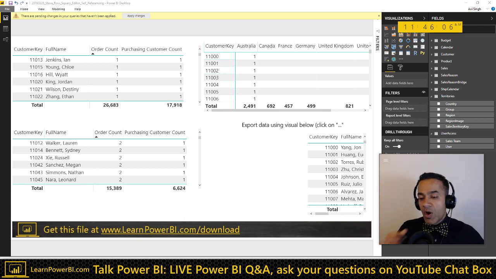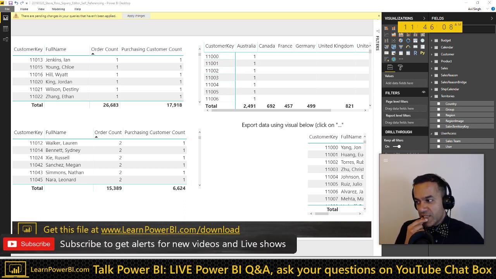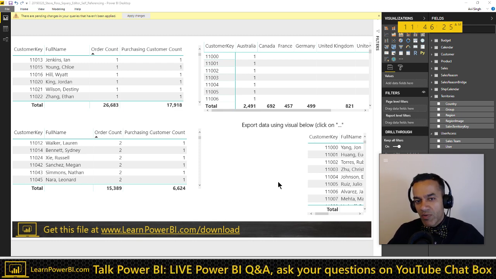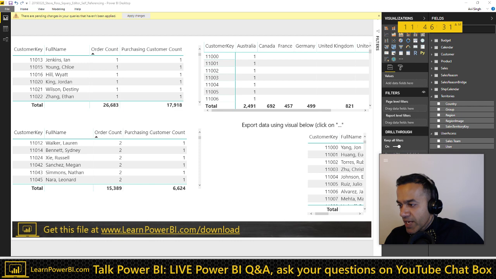Oh, very interesting. By changing to a list, it became all blank. That may be the clue. That may be the thing we need to solve, because it's essentially exporting a list, right? It doesn't export a matrix. So there's something bigger going on that I think you need to solve. My hunch is that actually your matrix is incorrect. That's what I'm feeling right now.